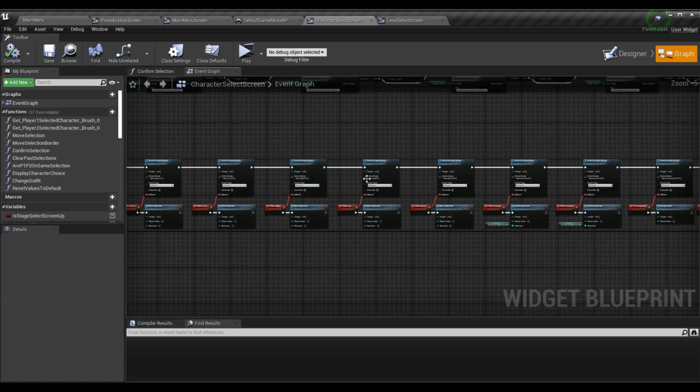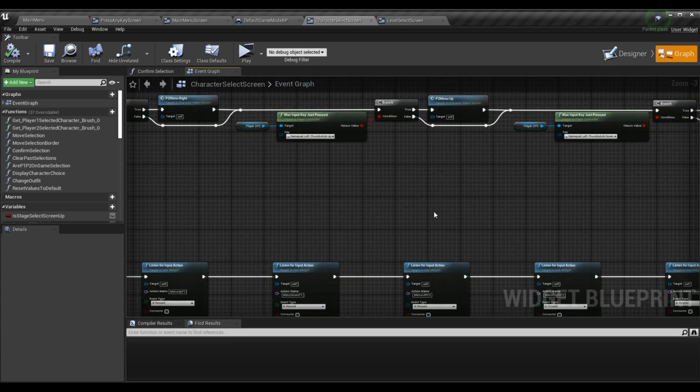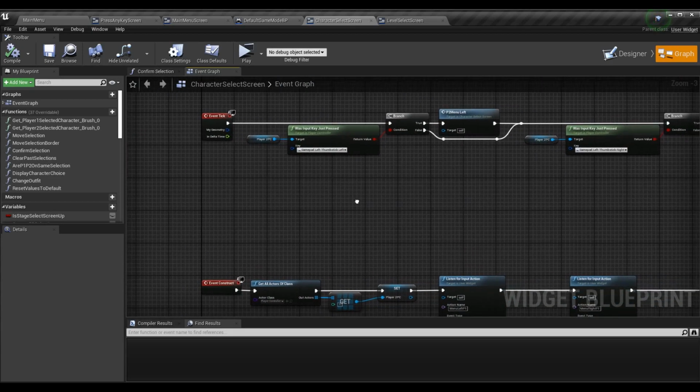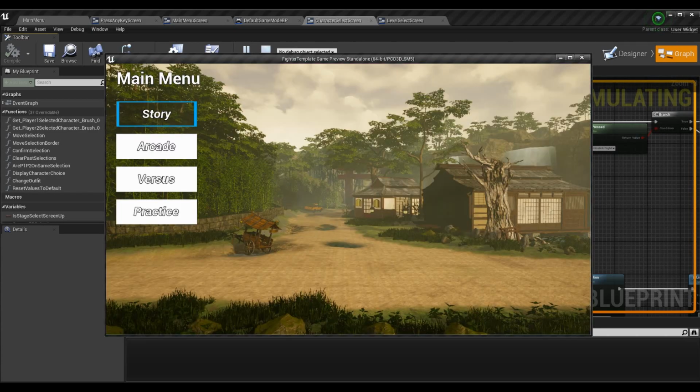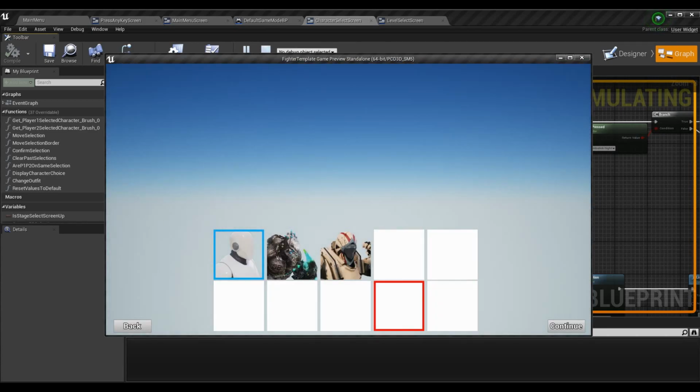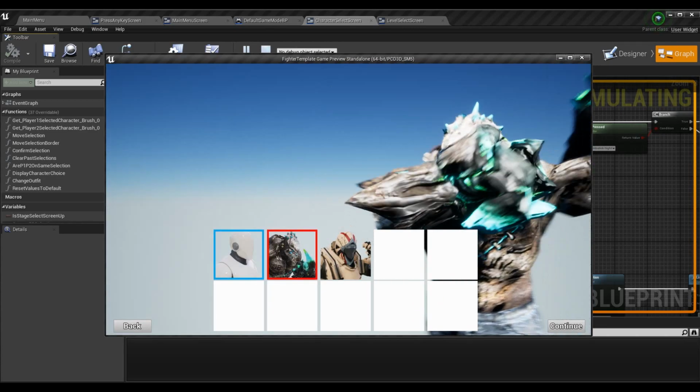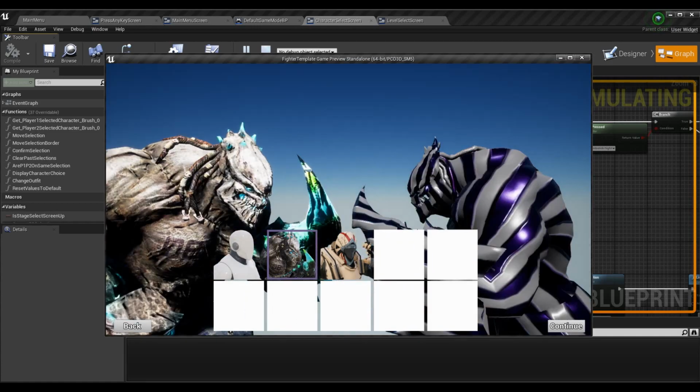And I'm also going to add a few more listen for input actions. So let's start with the new stuff we're going to add. And if you want to make sure that you can both control different things on the main menu, like say in the character select, player 1 and player 2, they control different boxes and they control their own character